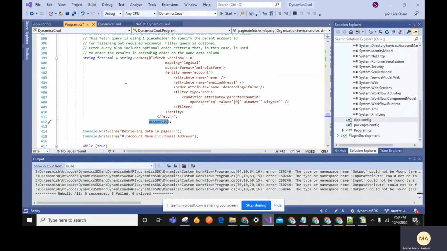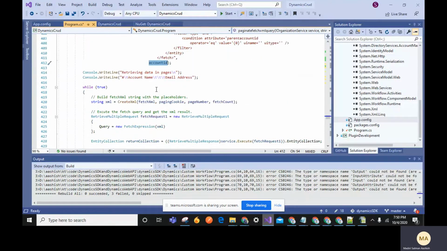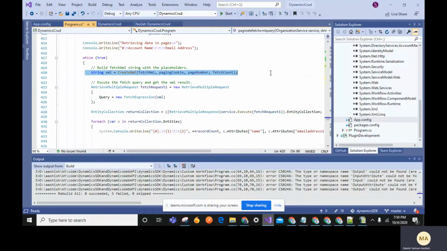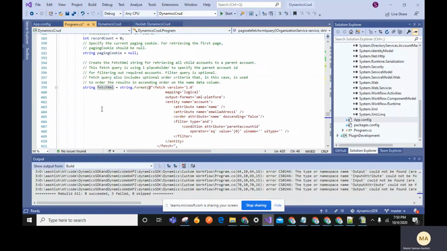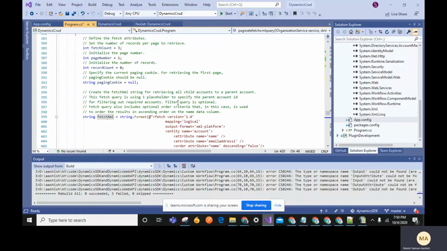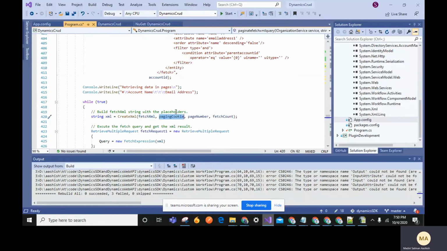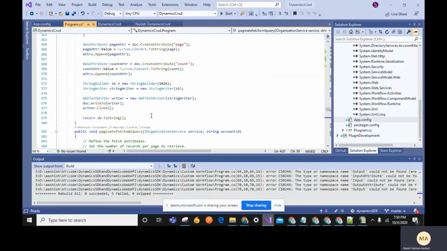So I'm writing the account records, and I'm writing a create XML and fetch XML. We need to pass this parameter, and we need to pass the paging cookie, and we need to pass the page number and fetch count. So if you go to create XML,